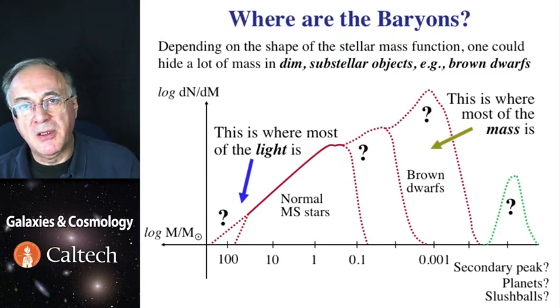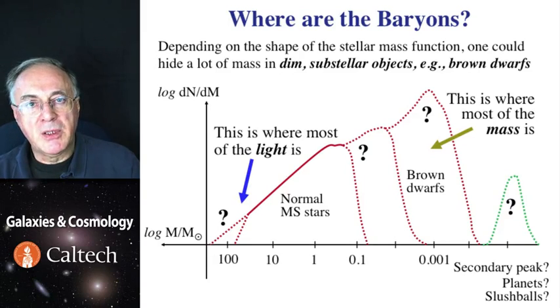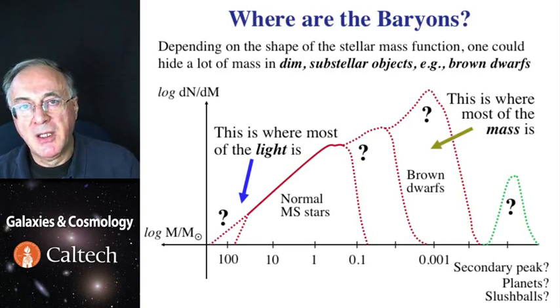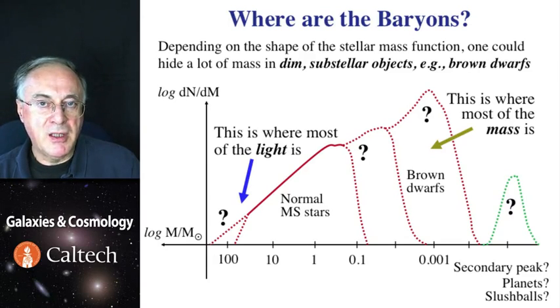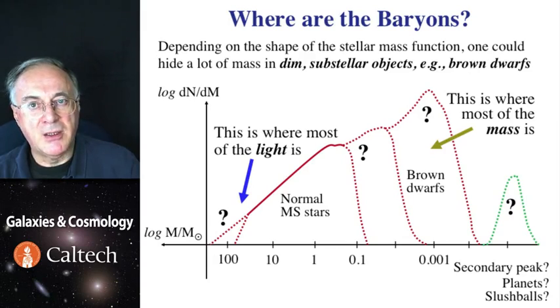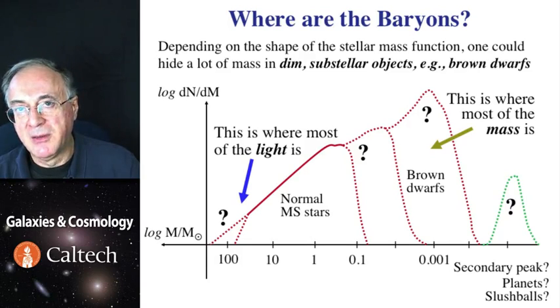First, the possibility of MACHOs, massive compact halo objects. If we look at the distribution of stellar masses, it is a very steep power law, in that there are many more low mass stars than there are high mass stars. And because stellar luminosity scales roughly as the fourth power of stellar mass, that means that the faint end of the luminosity function would contribute the least amount of light but most of the mass. And the critical issue is where is the cutoff, if any, at the low mass end.